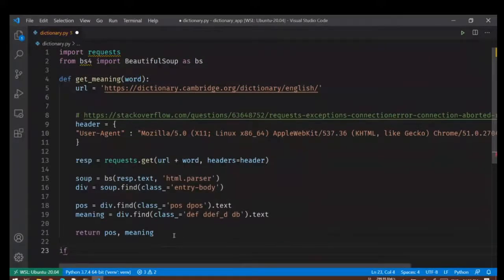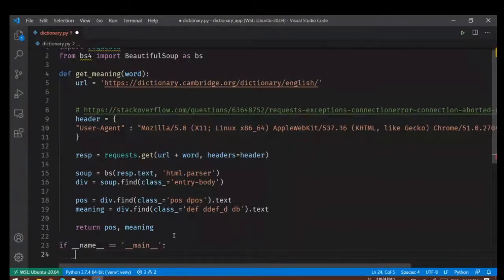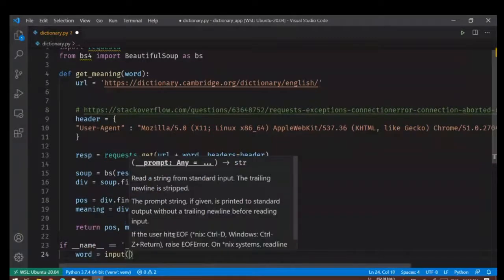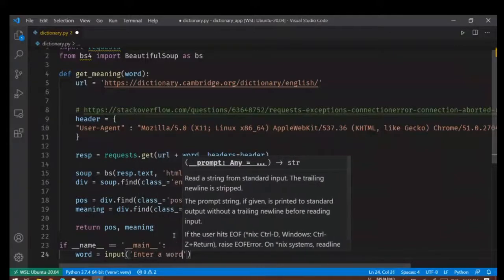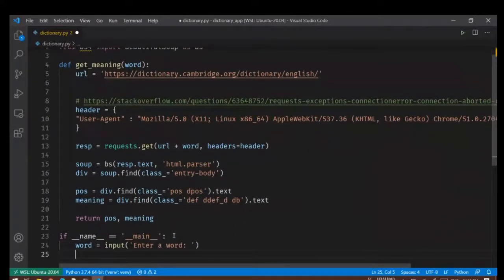Now I can add if name equal to main, then basically take a word from input, enter a word, and then you'll get the meaning.